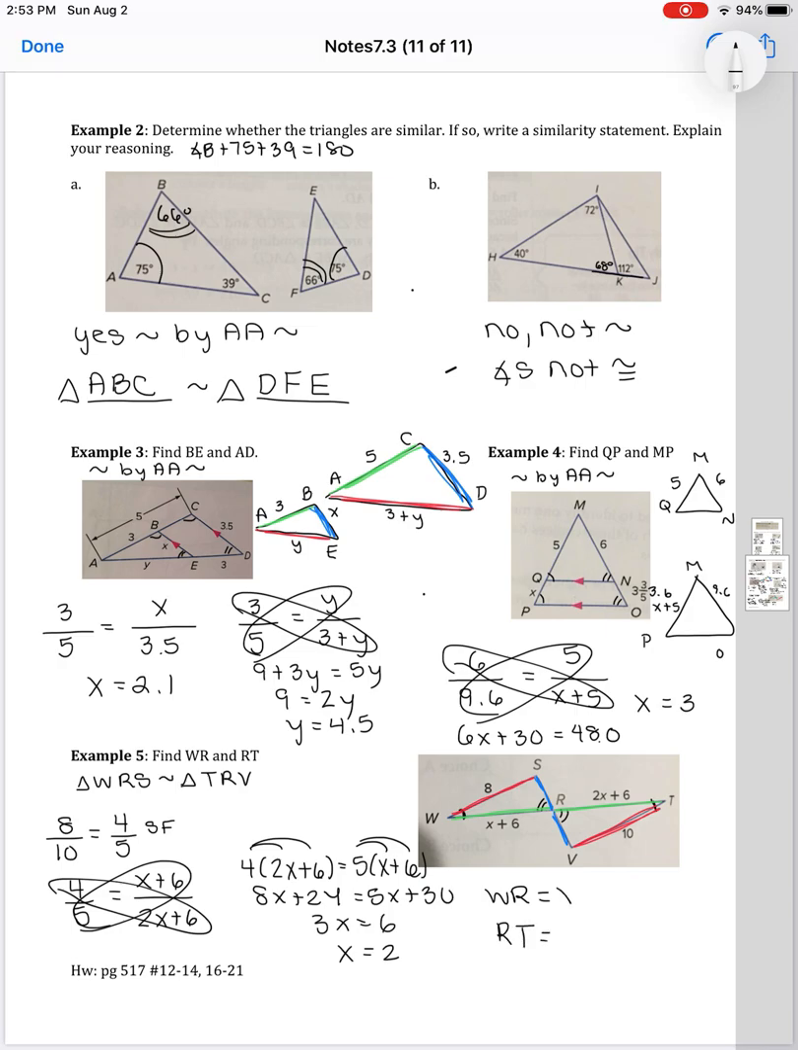But now this question wants to know WR and RT. So WR is x plus 6. So you're going to sub the 2 in, and you get 8. And the other one is 2x plus 6. So when you sub the 2 in,